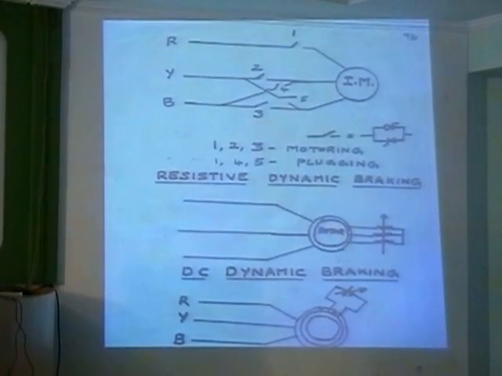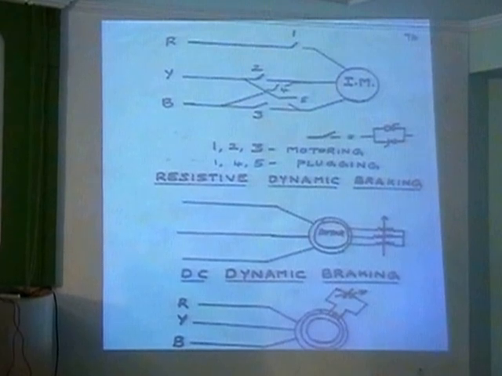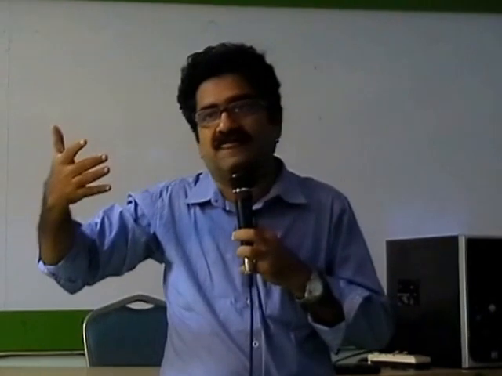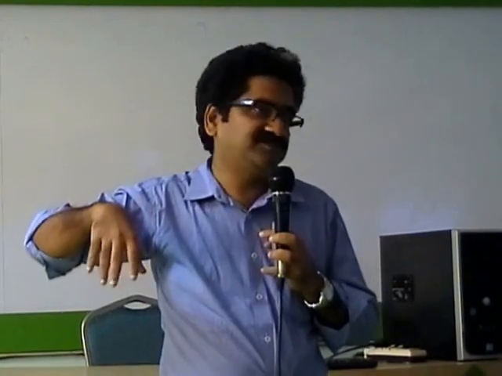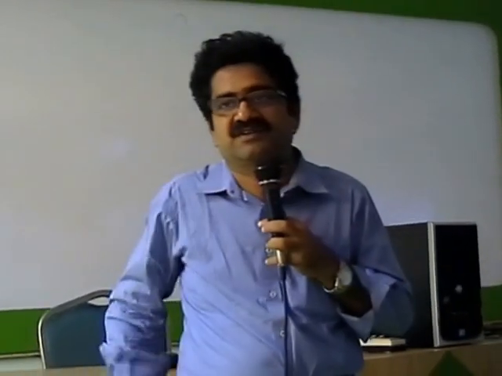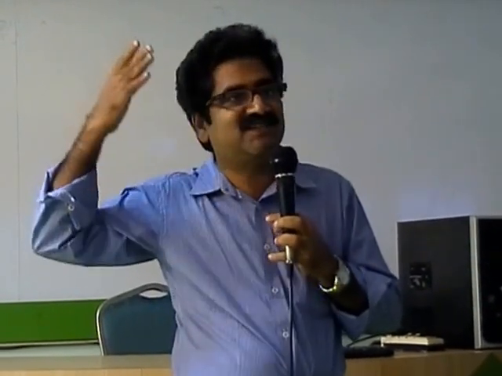I will talk about regenerative braking once we go into the drives. So regenerative braking is possible when the vehicle is going down the hill. Assume you have hill region. So electric train is going down the hill, or a battery operated car coming down the hill. Then nature gives plenty of kinetic energy. This kinetic energy is converted into electric energy with the help of generator, and that energy is returned to the mains. I am using temporarily my machine as a generator, and energy is returned to the mains.